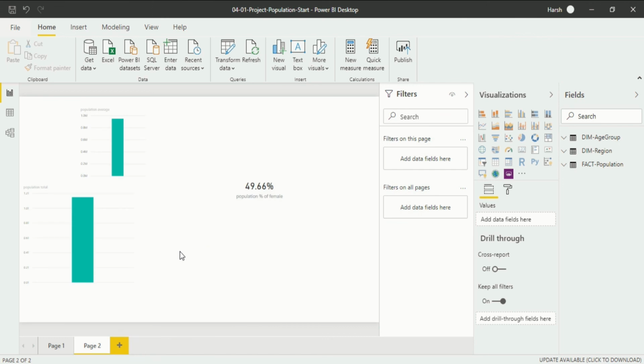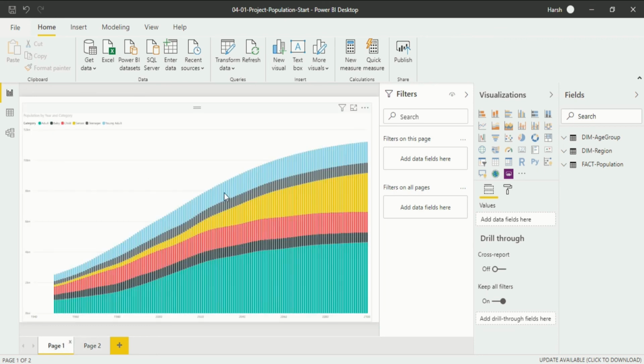Now another question comes into our mind: if I have created this page and I want to make a few changes to this visualization, I don't want to create a new page and again create that visualization. I just want to duplicate this visualization into a new page. How do I do that? That is also possible in Power BI Desktop. In that case you have to go to the page.